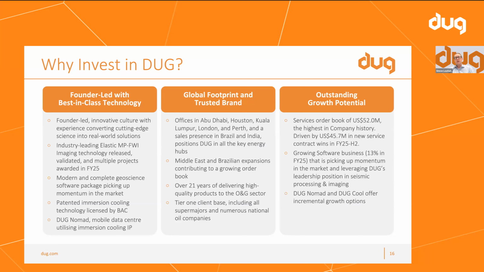The last one I had was in relation to Doug Nomad and Doug Cool revenues when they come through. Are you going to report those separately, or how will we see those come through in the P&L? So those will come through the HPC line for the time being, but we're working on the best way to disclose that, and we'll give a lot of detail around it when they come through. But rather than adding 2 extra lines to our P&L, for the time being, we'll just be including that into the HPC BU.